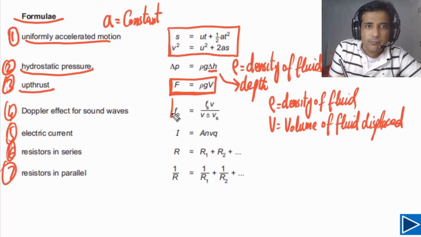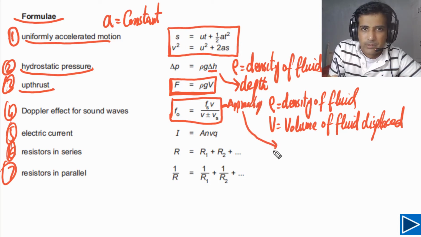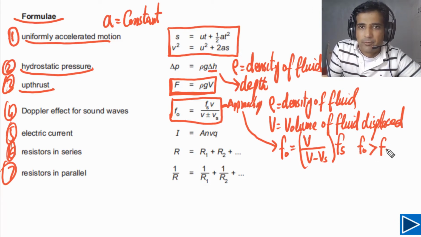The second, this formula, this is about the Doppler effect. You need to understand when to use plus, when to use minus. So for this formula, if the source is approaching, then you can calculate the observed frequency. So we can write down f_o, that will be equal to v over, meaning the speed of the wave, over (v minus v_s) times the frequency of the source. In this case, f observed has to be greater than the frequency of the source. So that's the reason this denominator has to be smaller. So we have the minus sign.